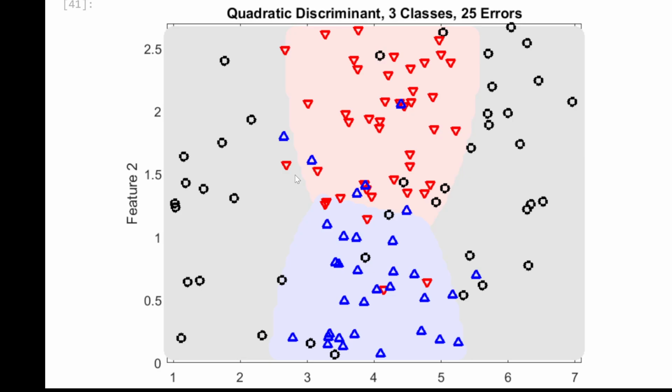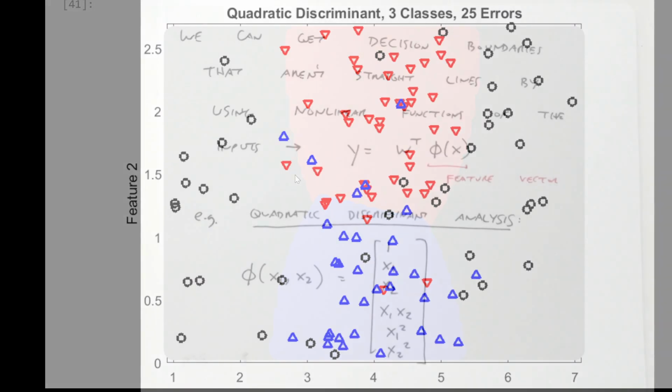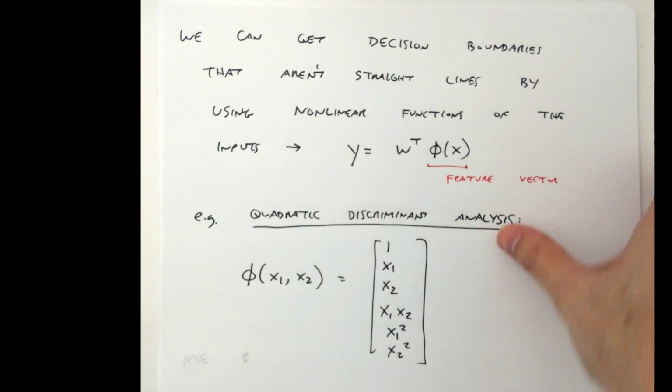So in some sense, this is a much different way of doing classification, okay? And the key idea in general for a lot of machine learning is that adding some nonlinearity can help you, right? So that's going to definitely be a theme going forward, is that,